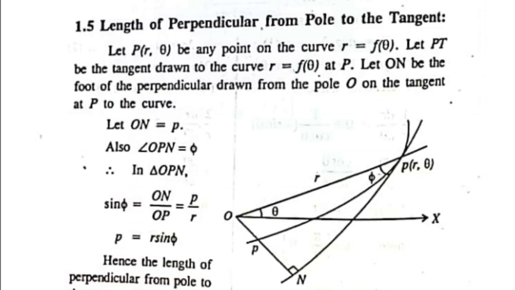Good afternoon, students. So today we see length of perpendicular from pole to the tangent. In the last classes we have solved problems on angle of intersection of two curves, and also the orthogonality of two curves. So today we see what is a length of a perpendicular from the pole to the tangent, and what is